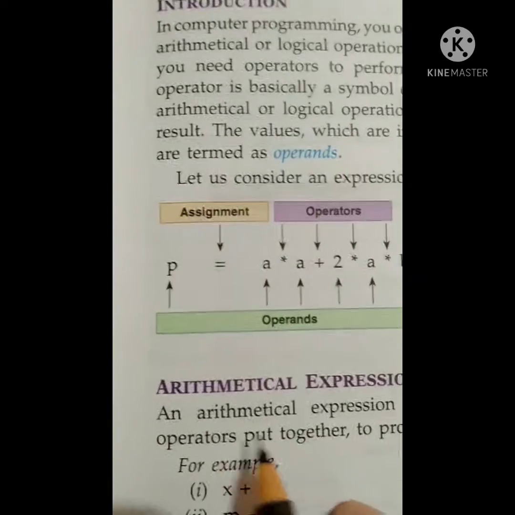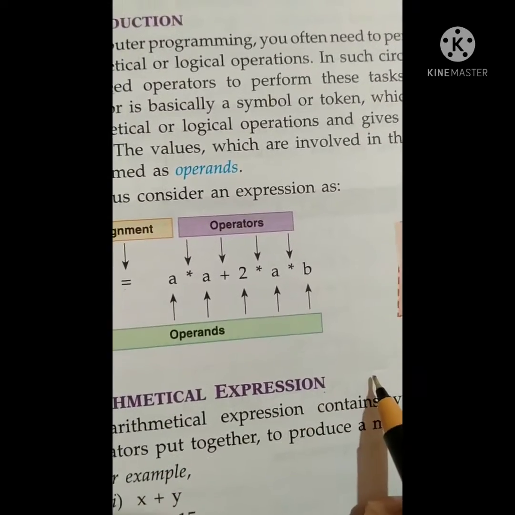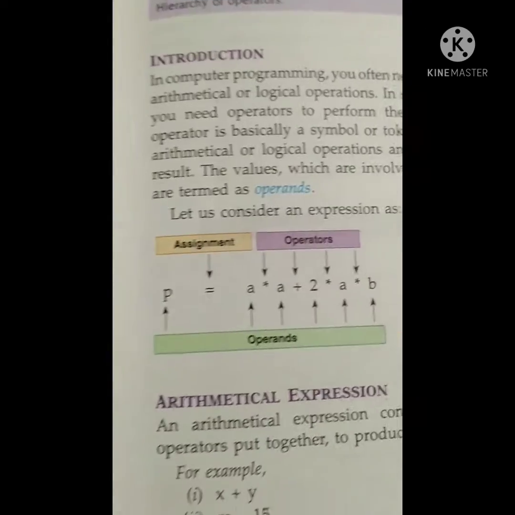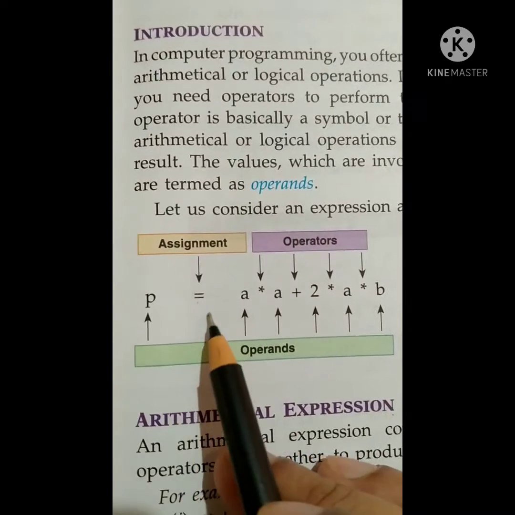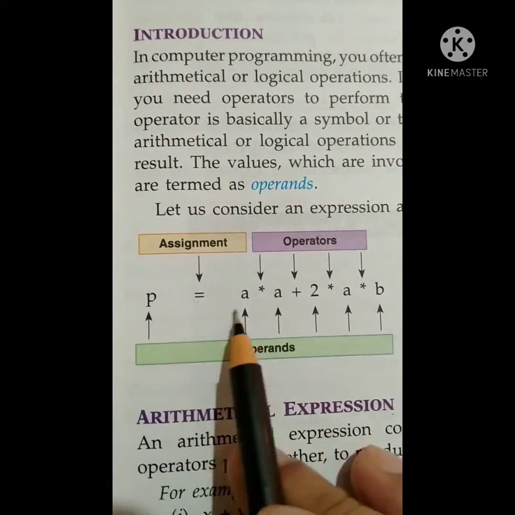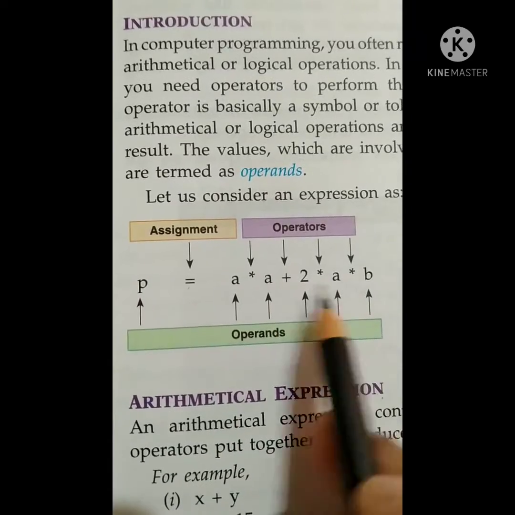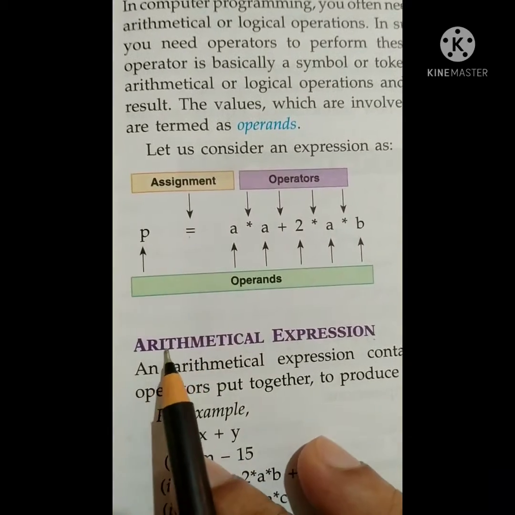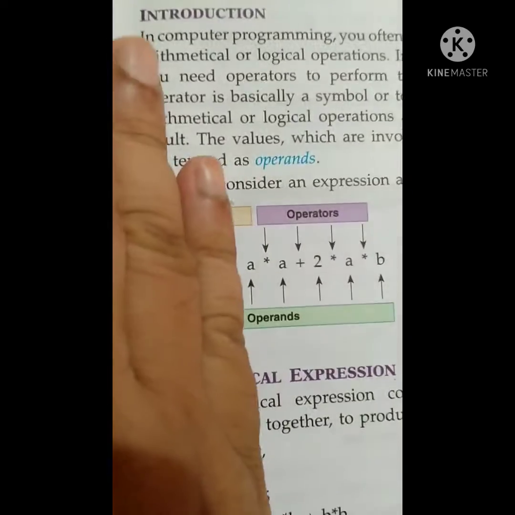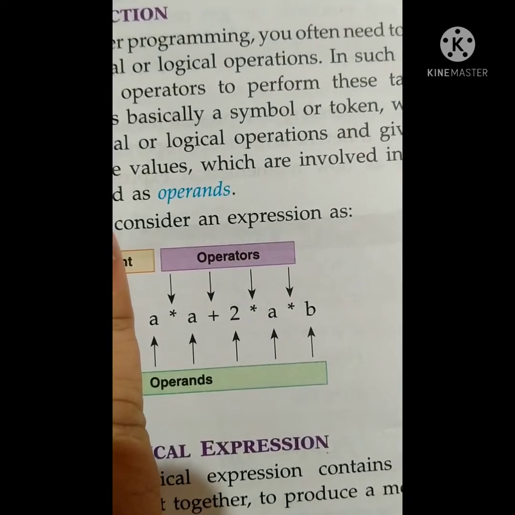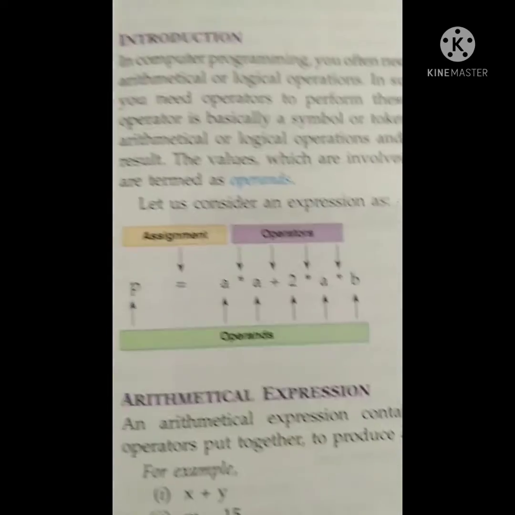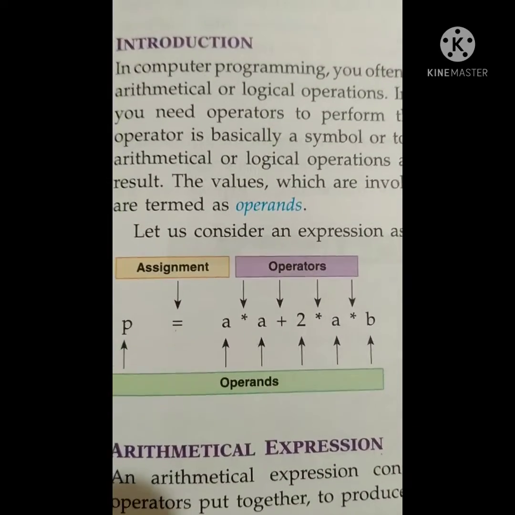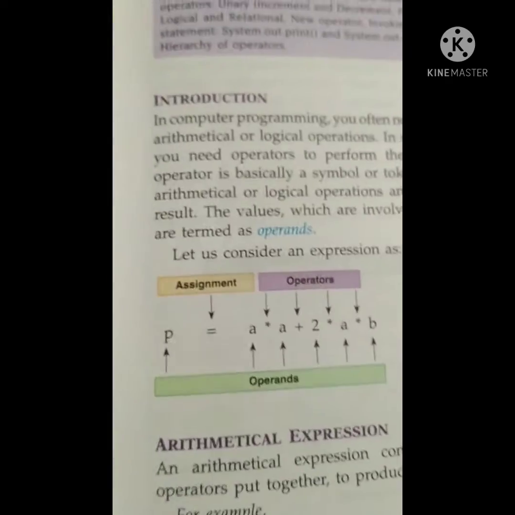So let's see the arithmetical expression, okay. There is a difference between expression and statement. These things I will explain later, okay. This mathematical statement, we call this a statement, but we are talking about expression here. So till here you can say this is the expression. Without an equal sign it is called an expression, and with an equal sign, which stores the value in the variable, that is called a statement, okay.